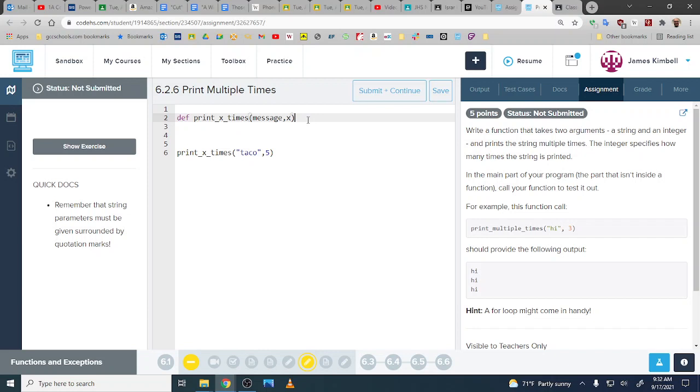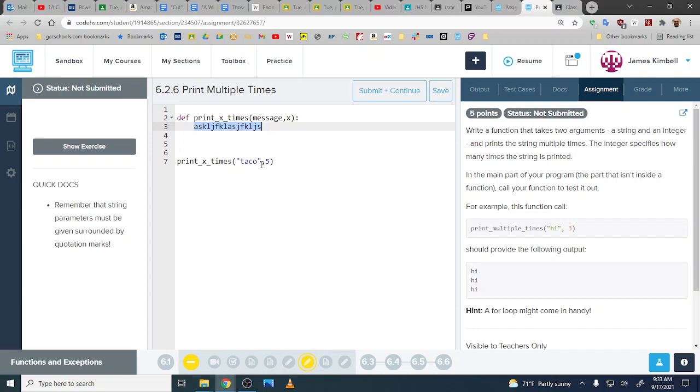And then just like when you're making some if statements, just like when you're doing a loop, we have colon. Colon says, hey, this is the name of a thing, and the next couple lines are going to be part of it. And whenever you do colon, if you hit enter in this particular editor, and in most, it will automatically indent your guy. So now, whatever we put in here, if anybody ever calls up print x times, that stuff is going to run